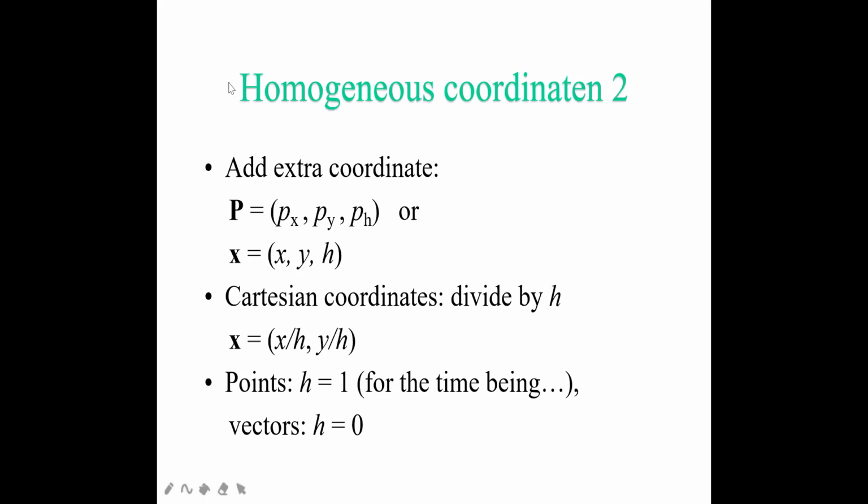So here, P, I'm going to take. Now if I consider my coordinate points, how will it be? We are just adding one extra coordinate, that is the homogeneous coordinate. So X will be equal to x, y, h. And if you want to find the Cartesian coordinates, then you need to divide everything by h. If you divide, then h by h will be equal to 1, so we are just going to ignore that for the time being. Our coordinate points we are going to receive as x by h, y by h. So we'll see how we can use this.